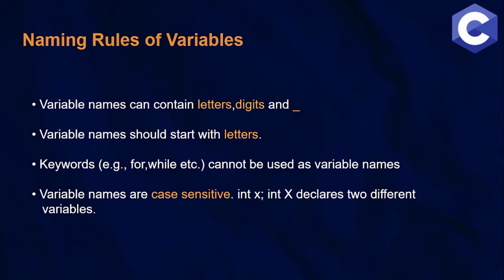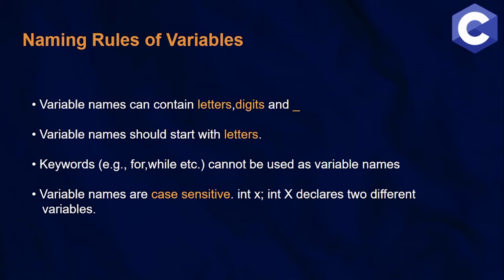And if you use keywords as your variable names, then the compiler will show an error, because while compiling, the variable name and the reserved keyword name will conflict. So in order to avoid that, you should not use reserved keywords. What are the reserved keywords? For, while, do while, if, else, return, all these are reserved keywords. We should not use them as variable names.